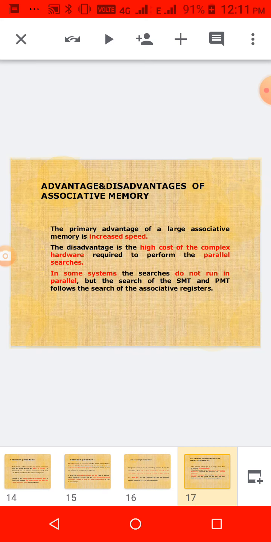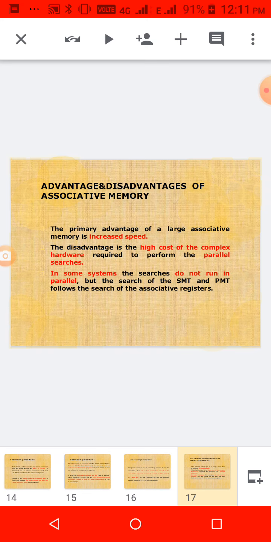Disadvantages: the cost of hardware, and parallel searches. Here we are doing two searches: the page is searched in main memory as well as in the associative register. So with the two searches, accessing is also a little hard. To access a page, we have to go first to the segment map table and then the page map table. So the calculation is also more.